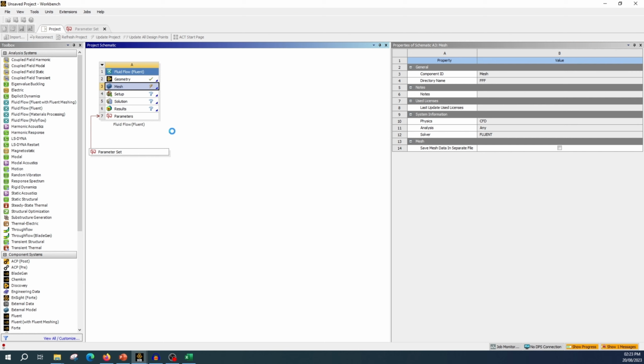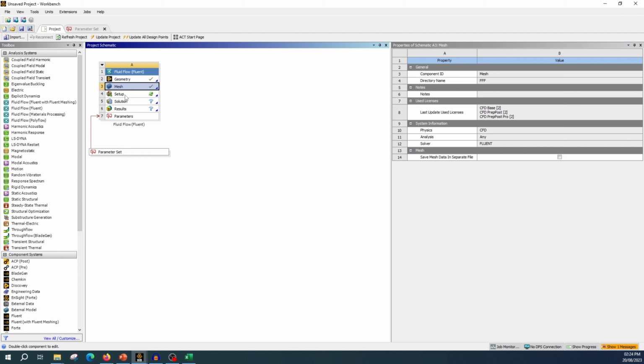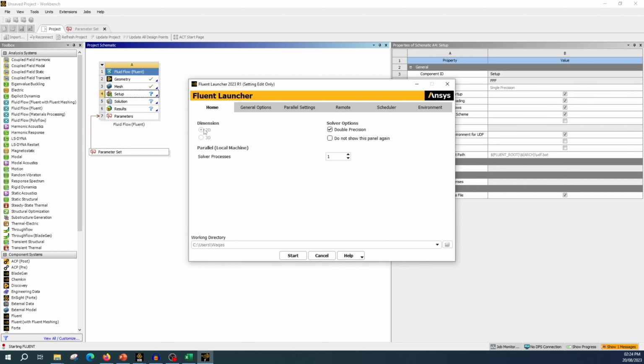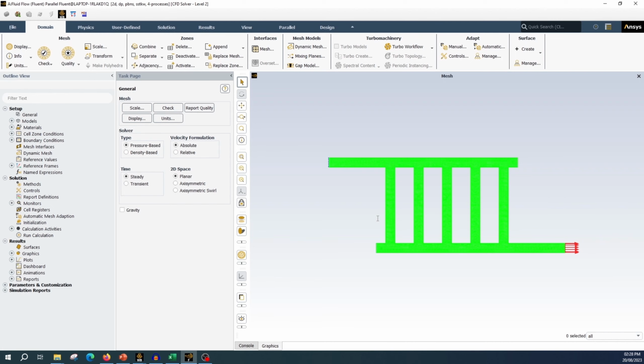Sometimes you need to update individual tabs. It has been updated. Now move to setup, double click here, double precision. It is already 2D as we had selected in geometry 2D, and have 4 cores and start. Now Fluent has been opened, so let's do our simulation setup and run one simulation and see how we can go further. So first of all, in general,